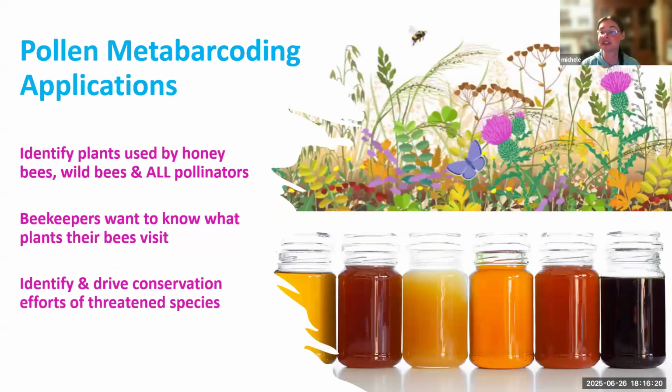Okay, so that's just a little bit of description about what metabarcoding is. So what does this mean for application, specifically to your group and your interests? Metabarcoding is great because I can identify any plant material that would be in a particular sample. It doesn't have to be strictly limited to honeybees. I've done studies with wild bees, usually with research groups, or basically any plant sample. My favorite so far has been someone studying hoverflies. I was also contacted by a group that's looking at hummingbirds. I would really want to come meet some hummingbirds and get some pollen samples. That just seems pretty awesome to me.